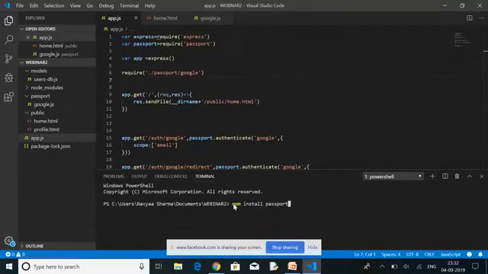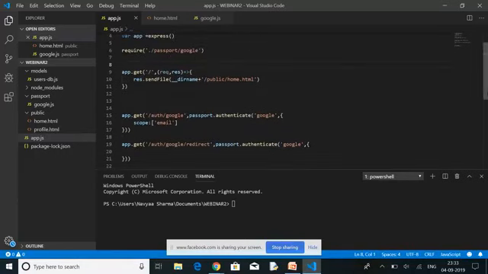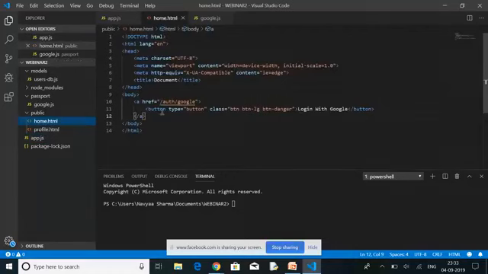Okay, click enter and the Passport module will be installed on your systems. Now next, for every website I need to have a home page. So this is my home page route, which says that I have created a public folder here which has a home.html